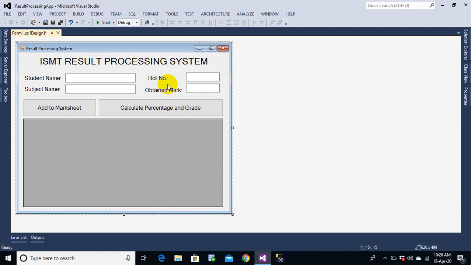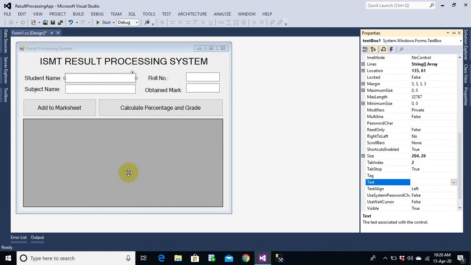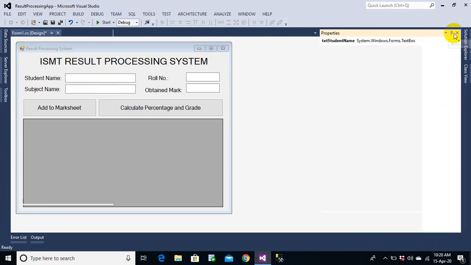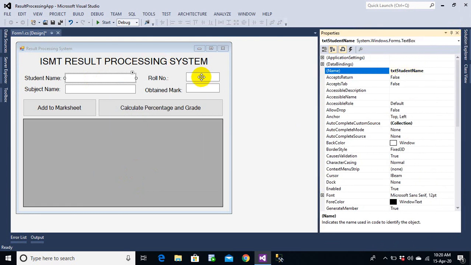Now what we are left with is to name all the controls. So let me name all the controls now. Let me name this txt student name. There must be no space between the student and the name, everyone. So make sure that you put no space in between. So txt roll number, and then txt subject name. This is what I want today. Txt subject name and txt obtained